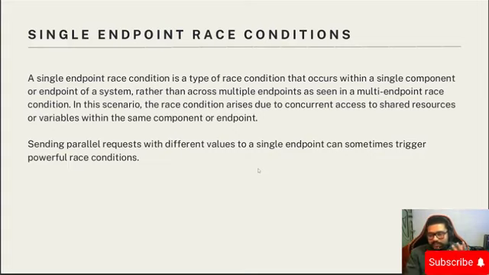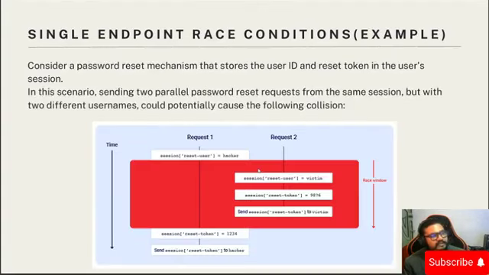You may find other types of cases too, but we will see one case here related to a token. We are able to get the victim token. So let's understand with an example. Consider a password reset mechanism that stores the user ID and reset token in the user session. So the session contains the user ID and reset token. In this scenario, sending two parallel password reset requests from the same session but with two different usernames could potentially cause the following collision. So if you see in the diagram below,